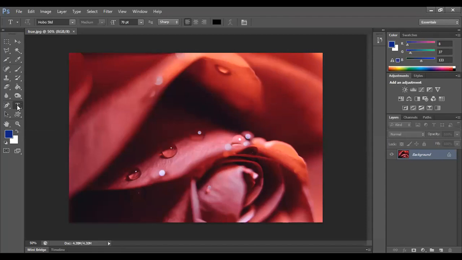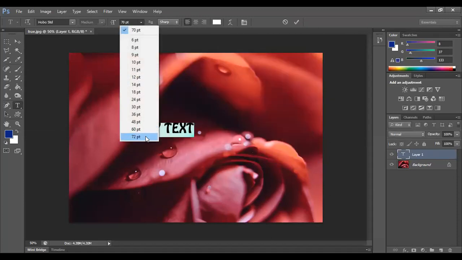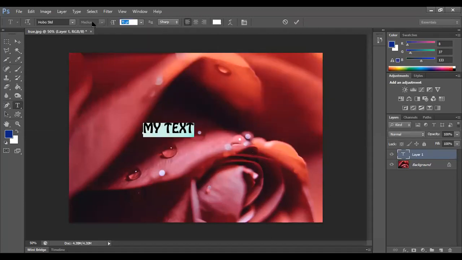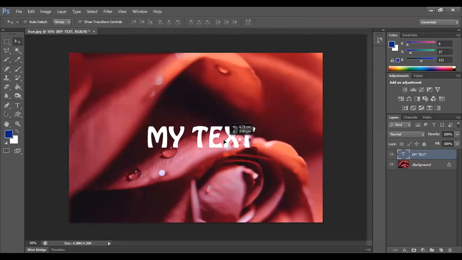Go here and type down some text. Let's just try it out. Let's say, for example, I'm here. If you want to go to a new layer, you can do that. Type the text. Suppose, for example, my text is "my text". Just increase the font size to make it visible enough. Around 100 will do. A little more. Yeah, so I made it this way, and this is at the center of the screen.